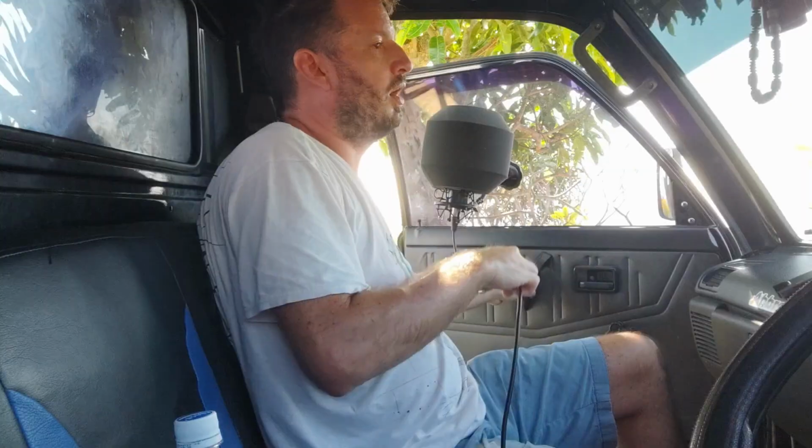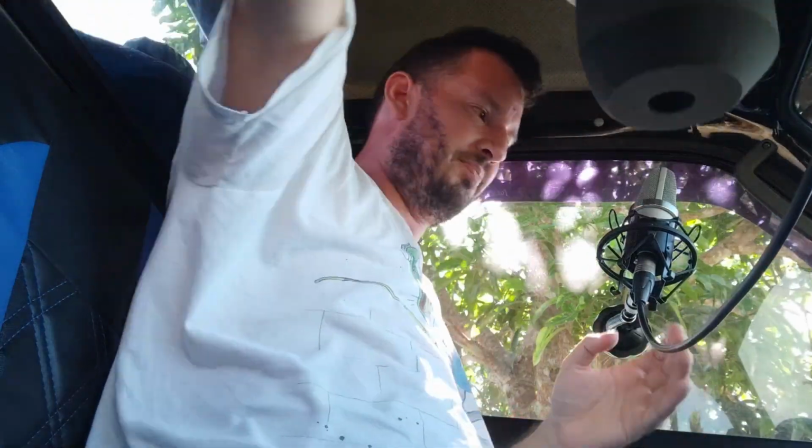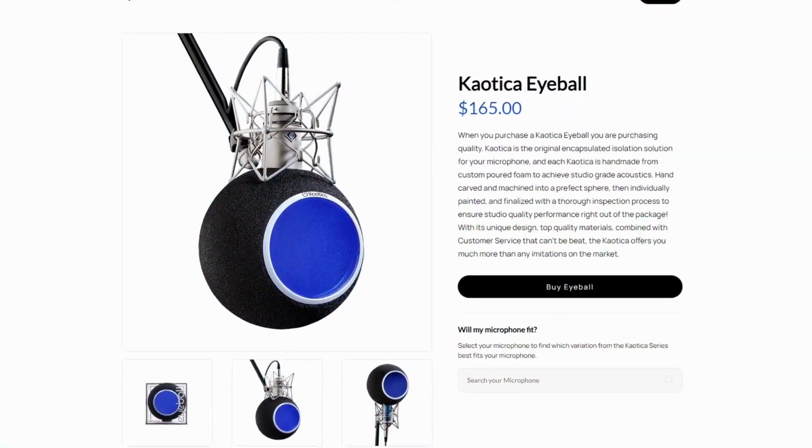I used to record in cars because they actually sound pretty good for voiceover, especially if the interior is nice and kind of velour, like soft. And I would stick this suction cup mic stand to the window, but it just got too hot recording in the car in the summer, especially when I couldn't run the AC. I also used to have to pack this bulky foam microphone cover, which is a clone of the atrociously overpriced Chaotica Eyeball, and it did an okay job of reducing reverb if I spoke kind of close and didn't raise my voice too much. But just as important as noise reduction, Adobe Enhanced Speech also removes any natural reverb,